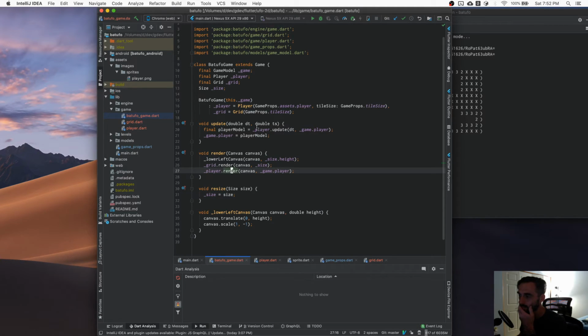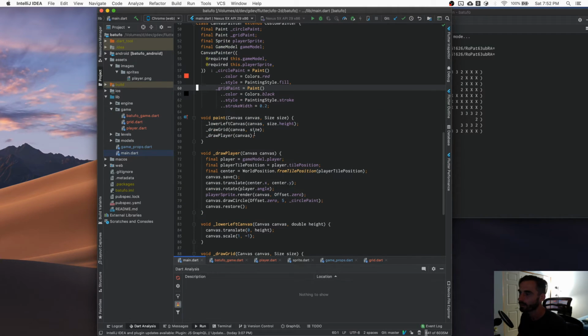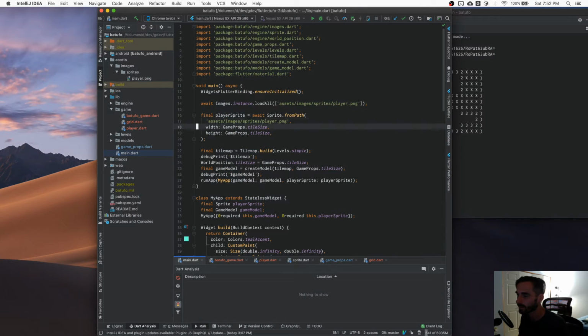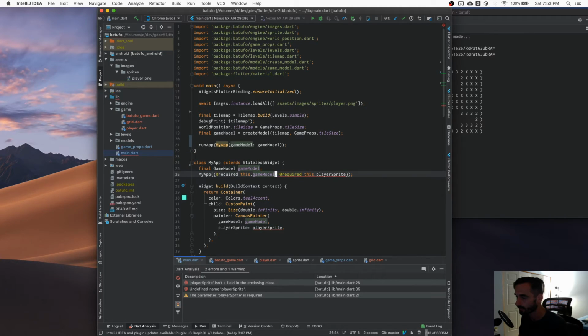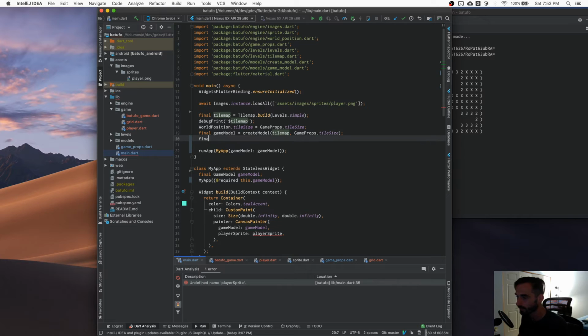Because then basically what we'll do here, all we have to do is change the angle, and then the player will turn. So all this stuff can basically go away. We don't need the player spread anymore. We need the tile map. We need the game model. And then basically the app will just have the game model as an input. Right? And then when we build it, set up all this stuff, and so what we'll do is, actually we don't need the game model even, we need the game. So final game equals